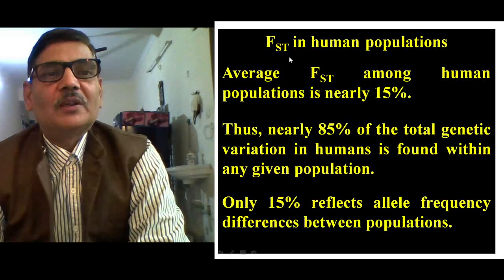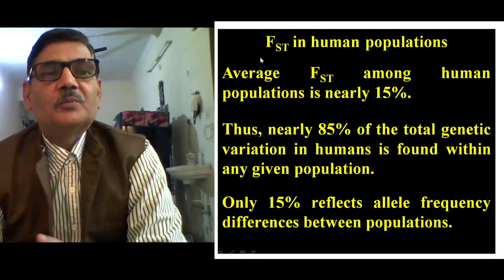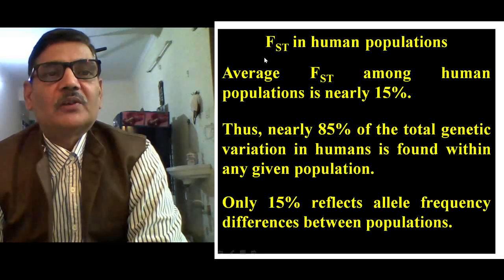It is one of the important parameters in population genetics to gain an idea about the level of genetic variation between populations. This can be observed between two populations, meaning between pairs of populations, or if all such populations are pooled with each other, then also this sort of calculation is possible.